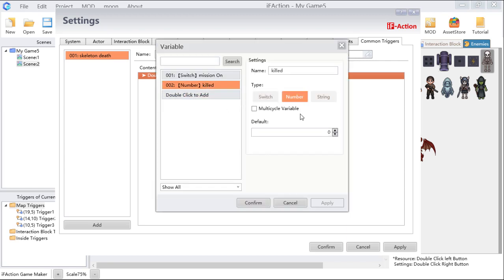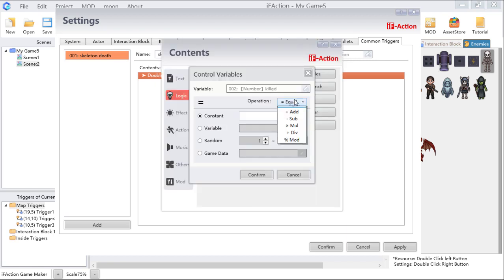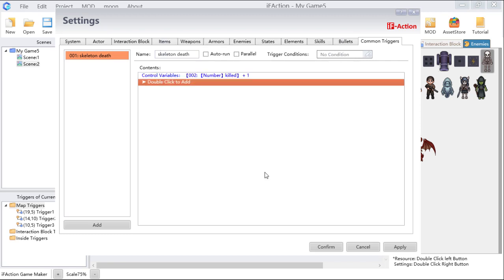Okay, we made it plus 1 every time. So the logic is when the skeleton was defeated, the common trigger skeleton death will be executed, then add 1 to it,